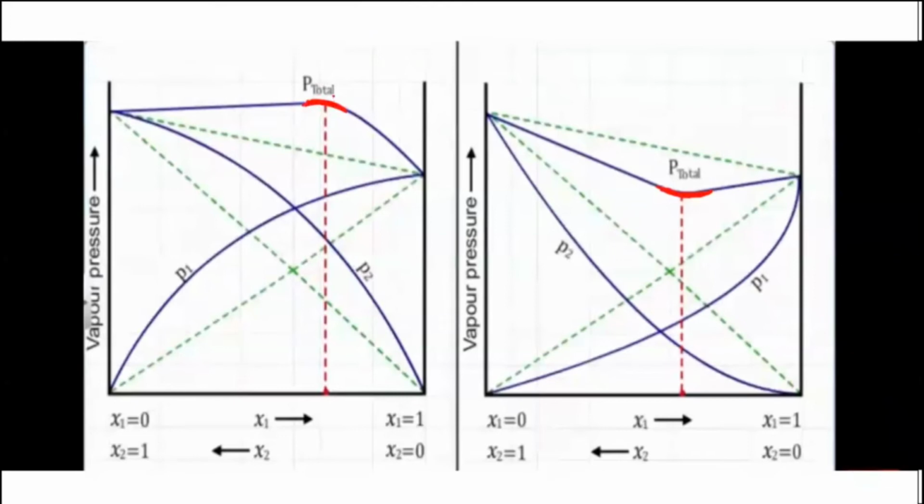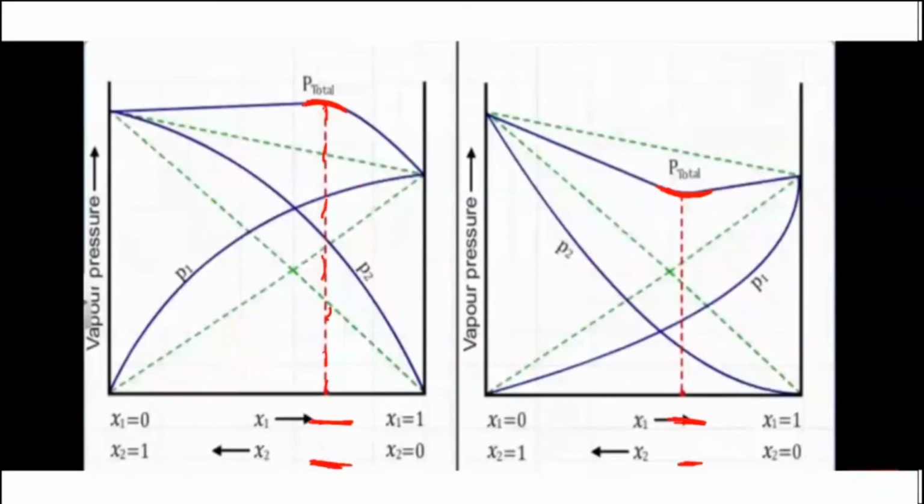And this happens at one particular composition. As I draw the line downwards, I will get the composition at which it happens: the x value of one component and the x value for the other component. At this particular composition, a very large deviation is shown, positive as well as negative. This gives rise to a special class of mixture which we call azeotropes. That is our next point of discussion.